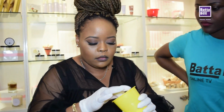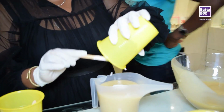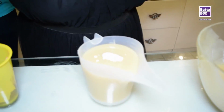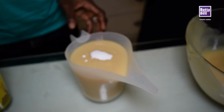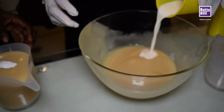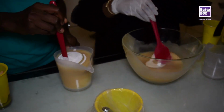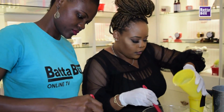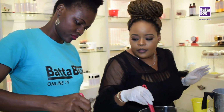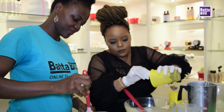See the white? I'm gonna pour this in here. Okay. And then just use this one and mix it gently. Sorry. I'm gonna pour this in. Keep mixing. Yeah, keep mixing. I'm gonna pour the rest in here. And then, sorry, I'm gonna cross over you and pour our